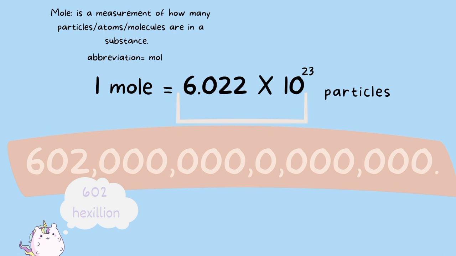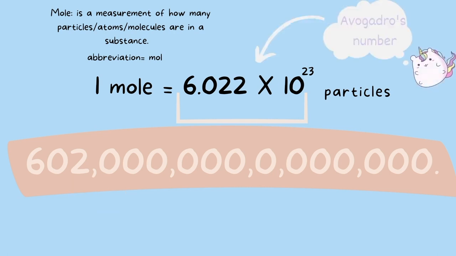But because working with such a large number with so many zeros would be impossible, we condense it and say 6.022 times 10 to the 23rd, and it makes it much more manageable to work with. By the way, this number is referred to as Avogadro's number. It's pretty important to remember that Avogadro is a very important guy. He made a significant contribution to the theory associated with the mole. So remember, this number represents Avogadro's number.